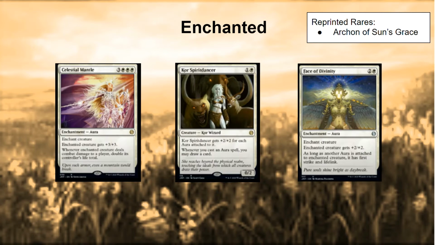Speaking of putting enchantments on stuff, Core Spirit Dancer. A 2 mana 0/2. That doesn't look like much. It gets +2/+2 for each aura attached to it. And whenever you cast an aura spell, you may draw a card. Now this is some candy. It's an amazing card. So we already have kind of a Lurus deck right now where you stack a bunch